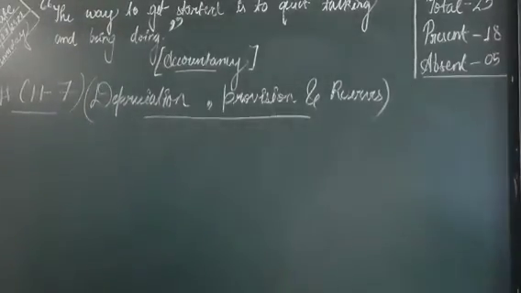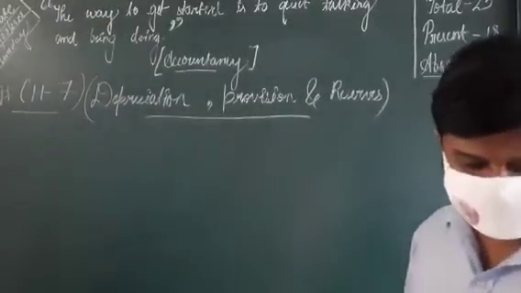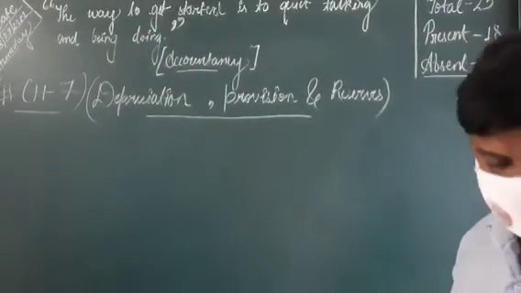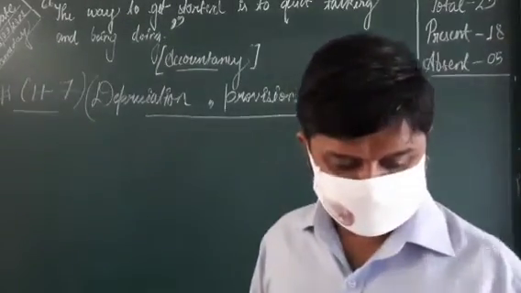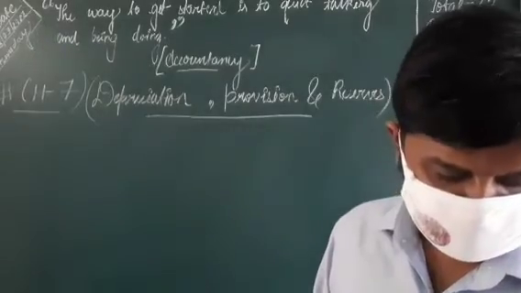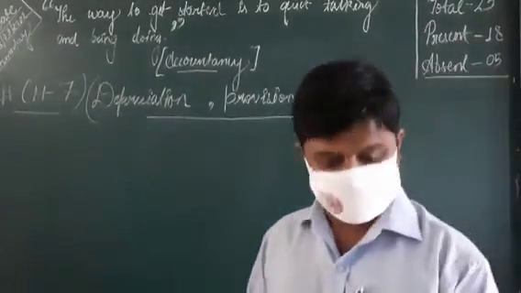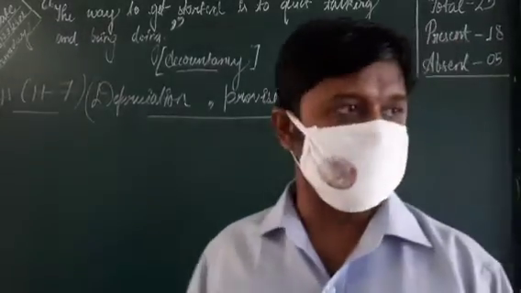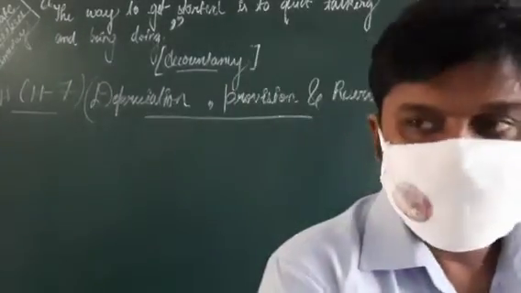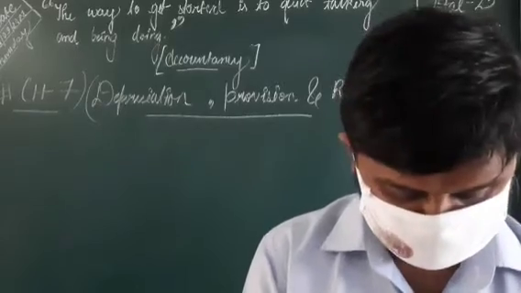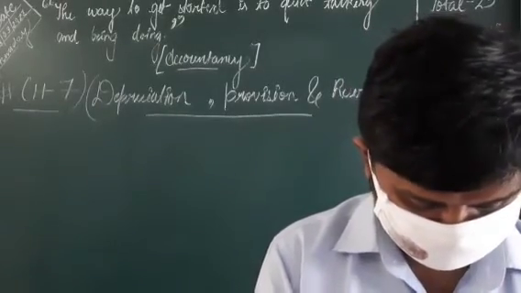Today we are going to see again accountancy chapter number 7, depreciation, provision and reserves. This is video number 19. Here we are going to discuss one question. We already discussed one question, and that question we are continuing from video number 18. We discuss one question that we are going to solve here.